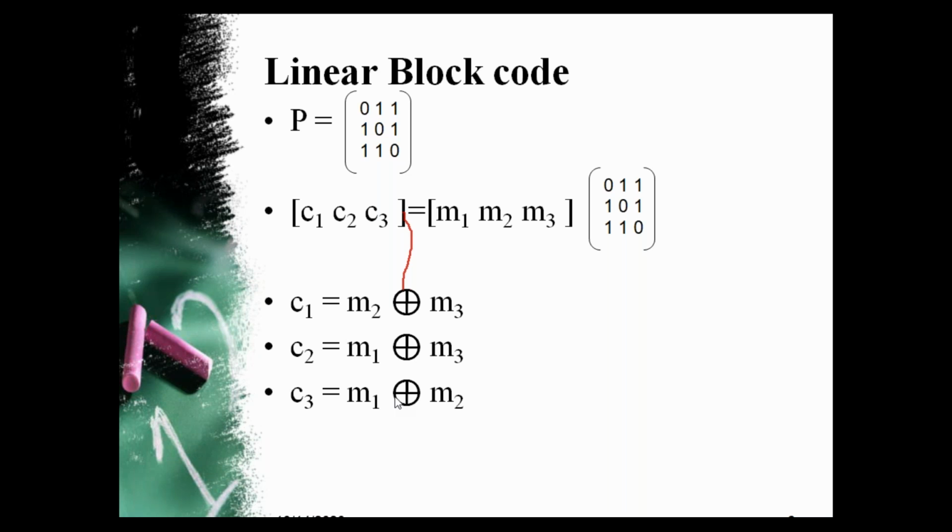Here we have that linear block code P is equal to 0 1 1 1 0 1 1 1 0, and we can do the problem by generating the code vectors by multiplying the message vector. Here the different message vectors are 0 0 0, 0 0 1, 0 1 0, up to 1 1 1. By taking all the messages and multiplying with the generator matrix, which is a 3 by 6 matrix,